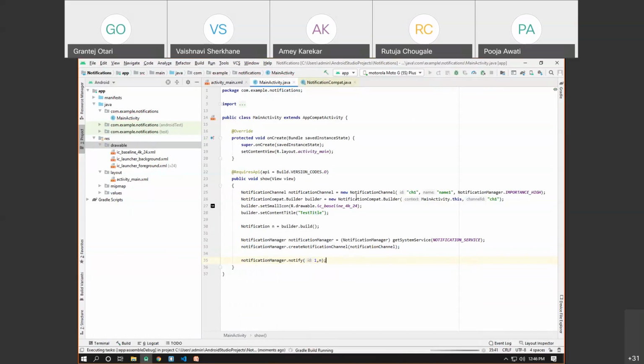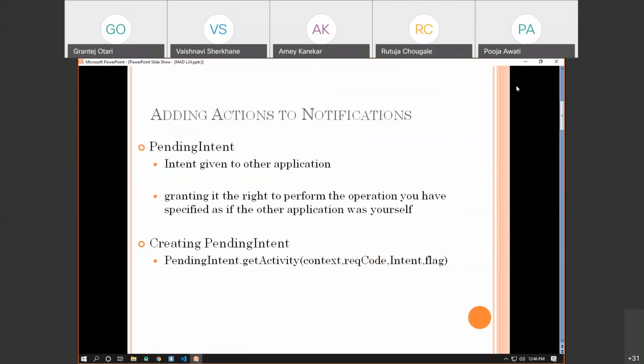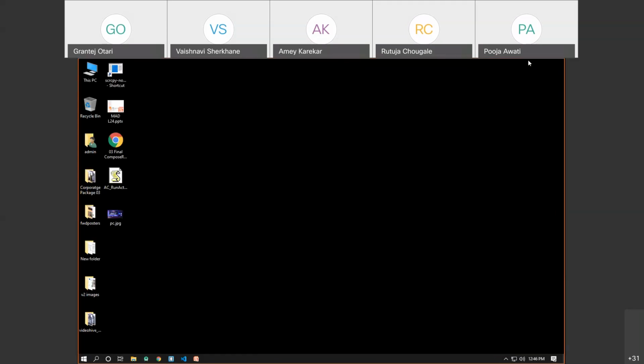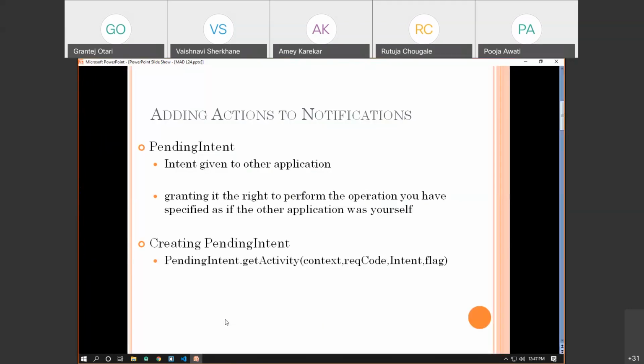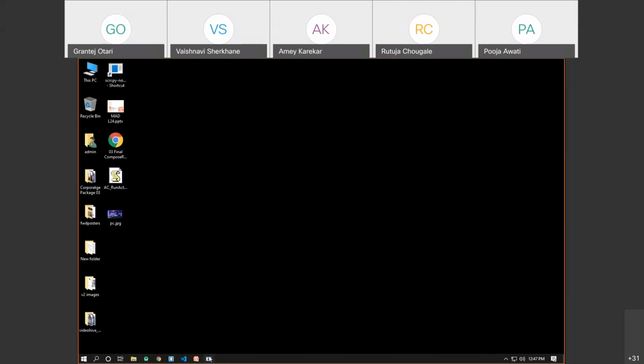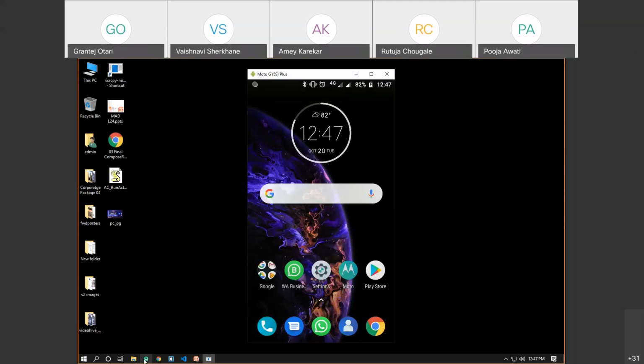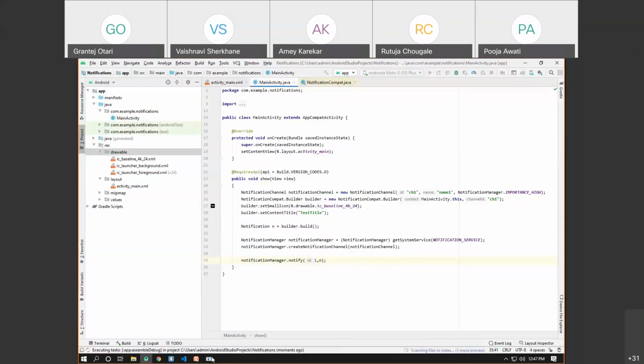So let's run this code and see what happens. So let me launch the device preview. So wait, it's installing the app.